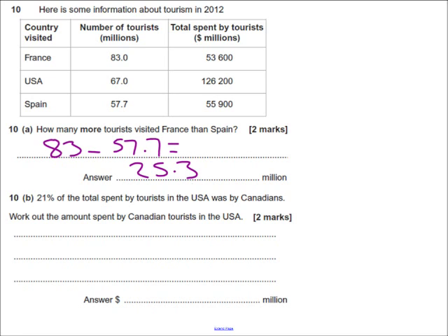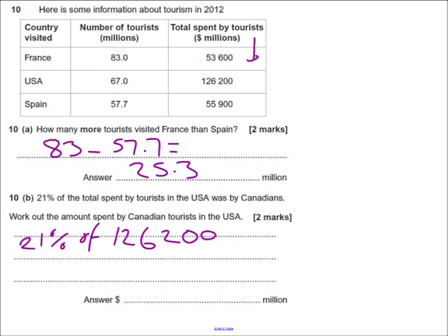Question 10b. 21% of the total spent by the tourists in the USA was by Canadians. So we need to look in the total spent column here. Okay, so we need to find out what 21% of the amount spent by Canadians in the USA is. So it's 21% of the USA spend,